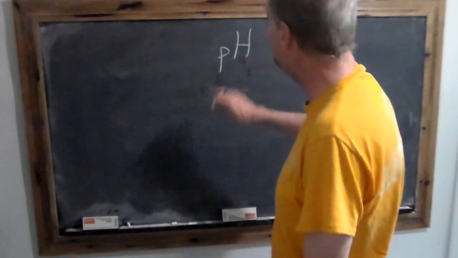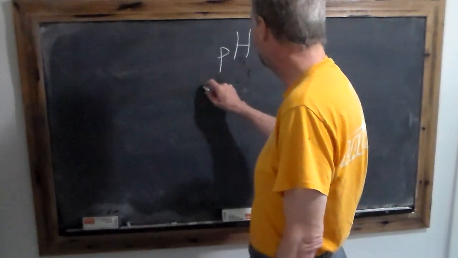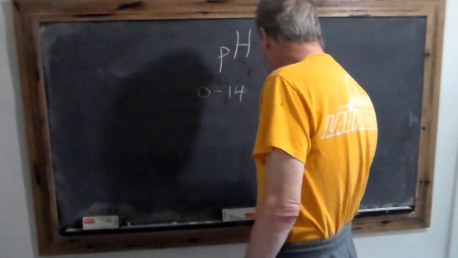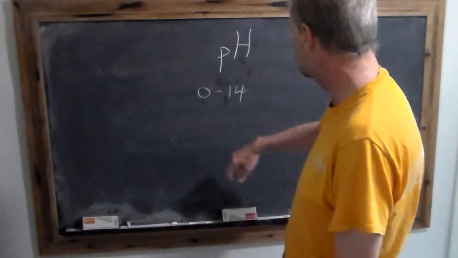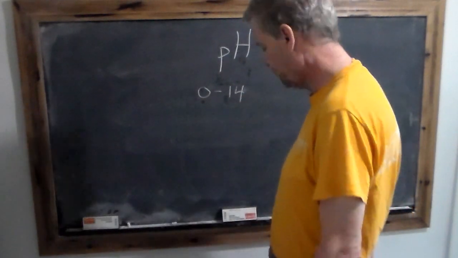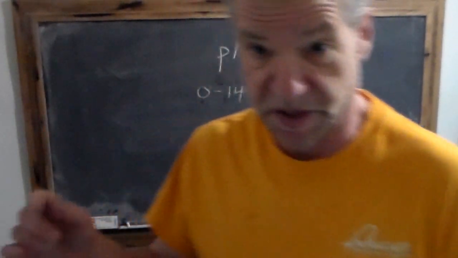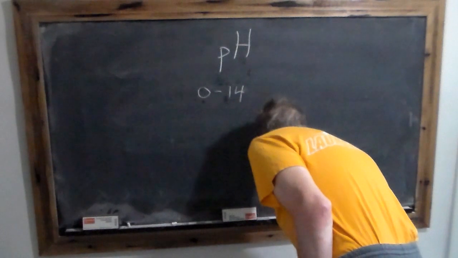If you know the pH scale, and a lot of people do, you know that it's a scale that runs from 0 to 14. It has a hypothetical limit of 0 for the strongest acid, and a hypothetical limit of 14. I say hypothetical because it's impossible to get an acid or a base that goes to the extremes, unless you have what's called a superacid, which is well beyond the scope of this particular video. Very rare.